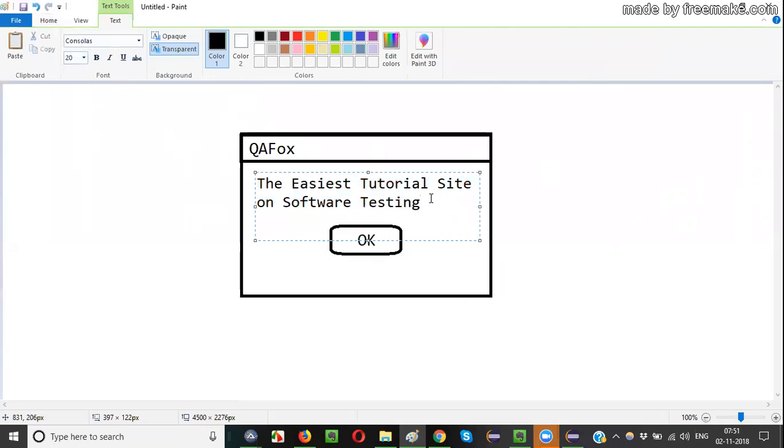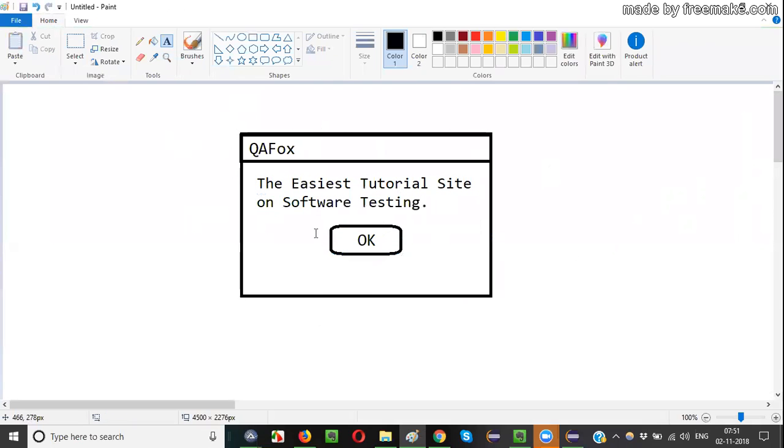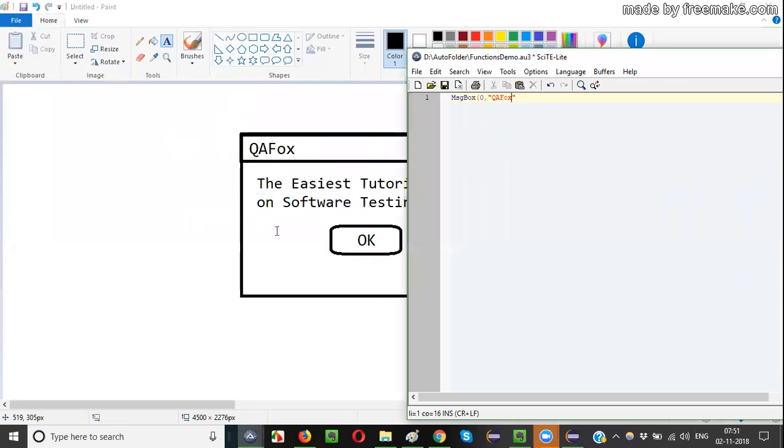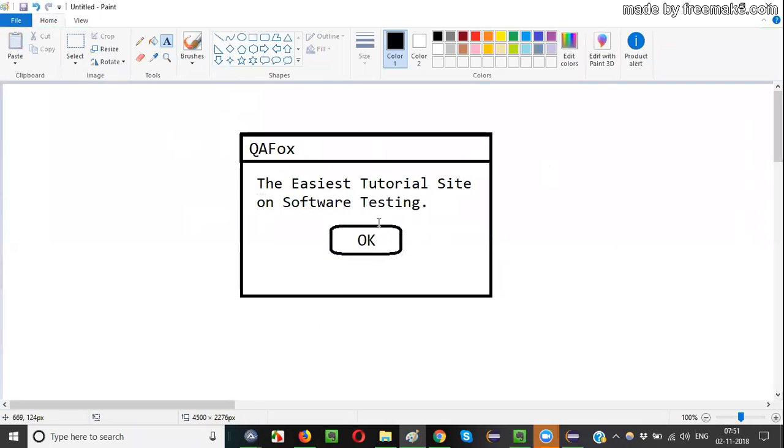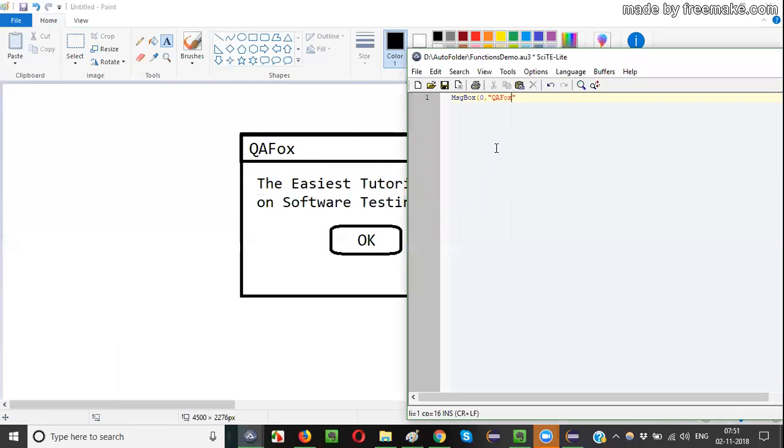This kind of dialog I wanted to build with the help of this script. The script that you are writing will result in creating this kind of dialog. So AutoIT is capable enough to do that.